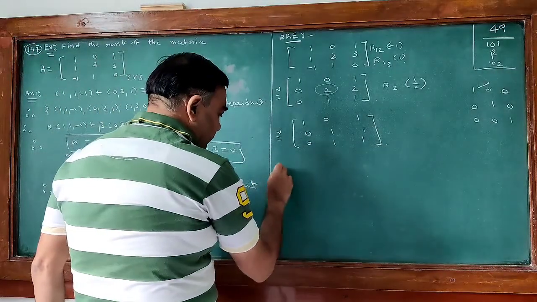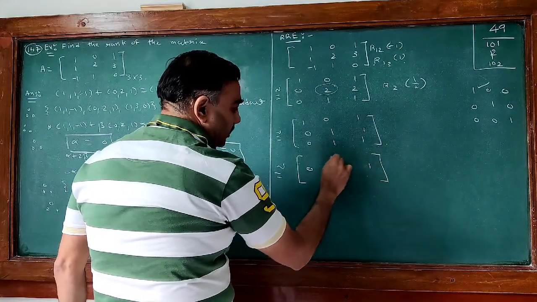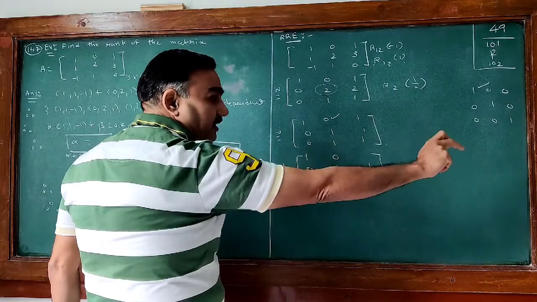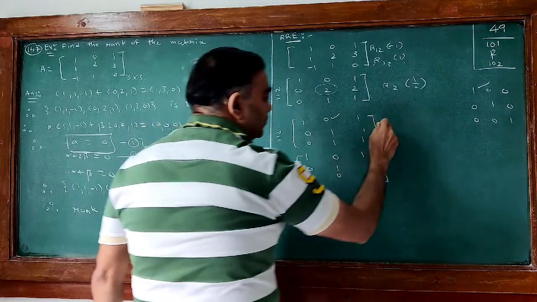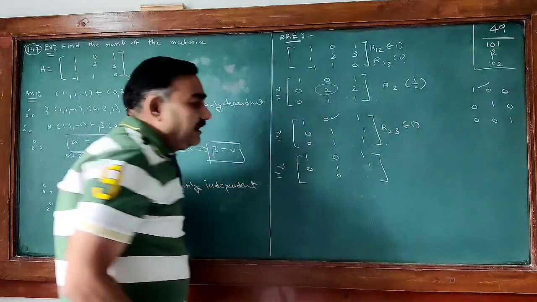This is equal to 0 1 1. We wanted 0 at both the places, but it is already 0 there, means we need not do anything for the first row. So we wanted 0 here, means what do we do? We multiply second row by -1 and add into the third one.